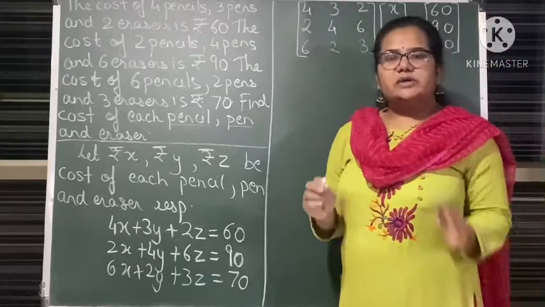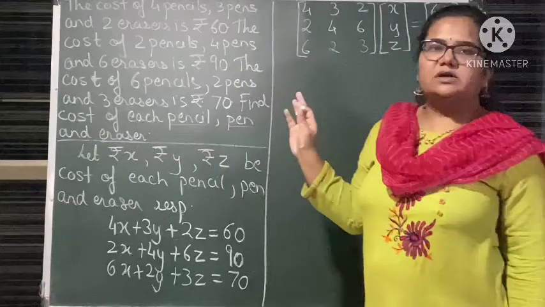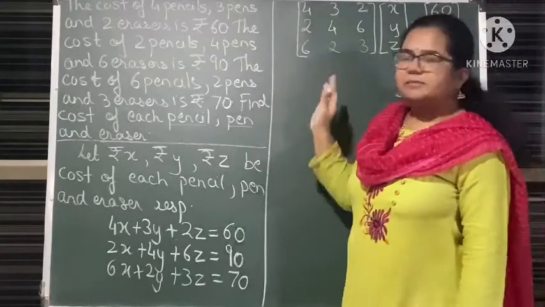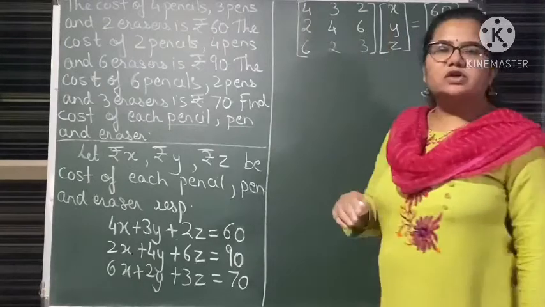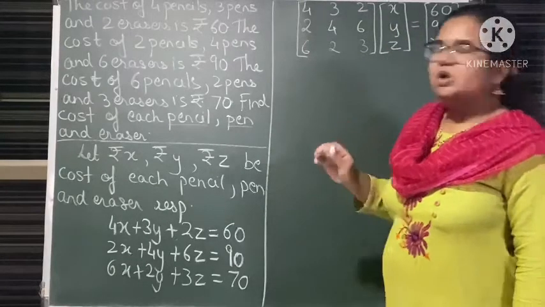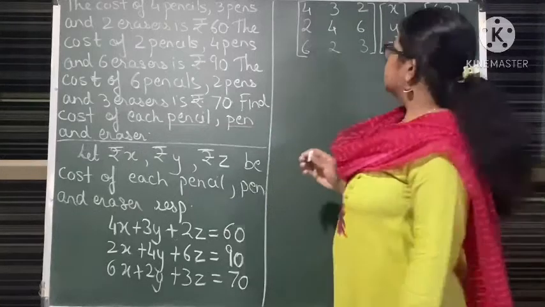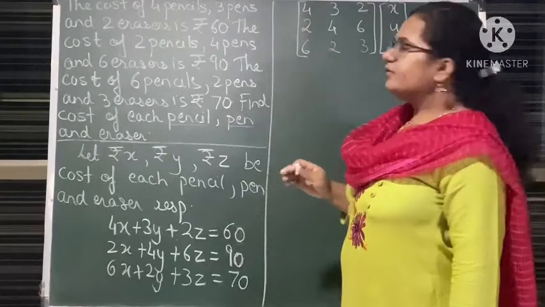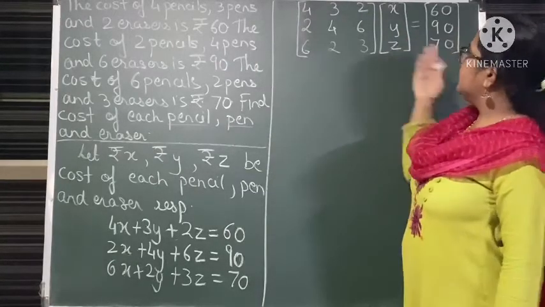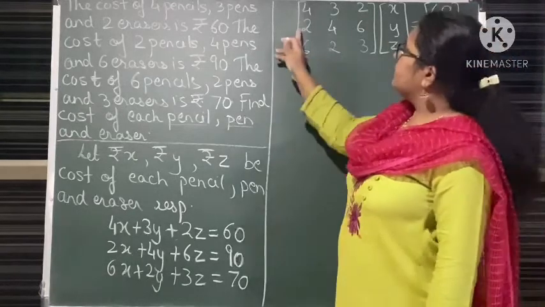Now in this example what I am going to do is I will solve this by the reduction method. Reduction method means either you have to convert to an upper triangular matrix or lower triangular matrix by applying the elementary transformations. So let us convert these 3 elements to 0. Now whatever operations you apply on this A, they will also get applied on matrix B.